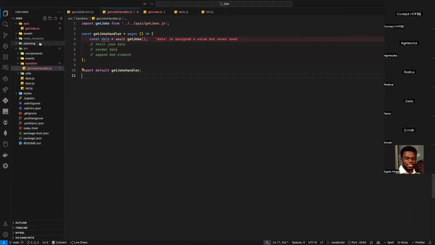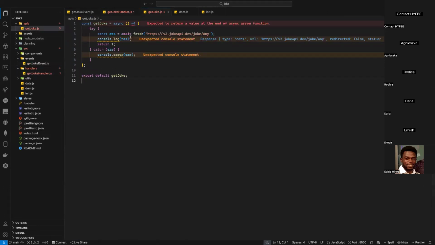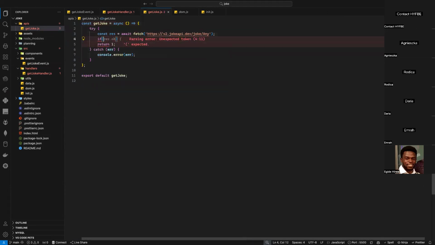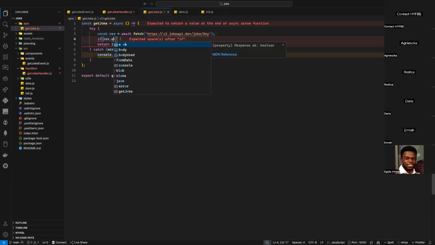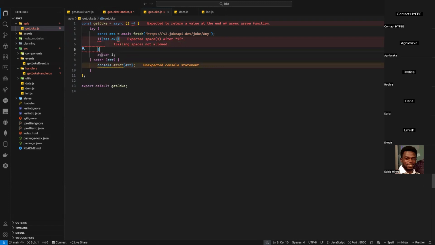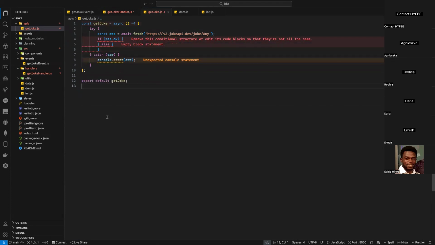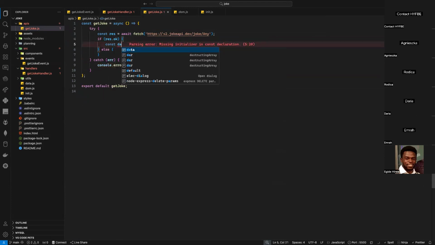Well, I can go to my API now. Where's my API? This is my API here. So what I can do here, I can just say if res.ok, which is a Boolean. If it's okay, if it's true, then I'm gonna now return my data. Else, what should I do? What should I do? Show an error. Yeah. So if response.ok is okay, then I can just say const data,